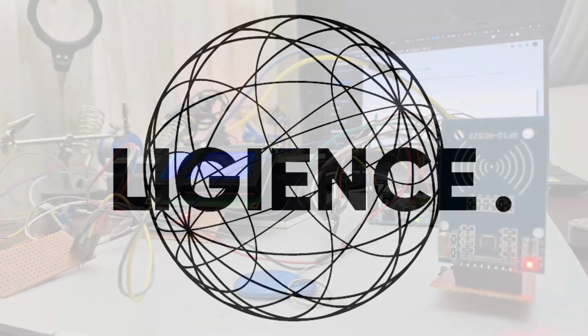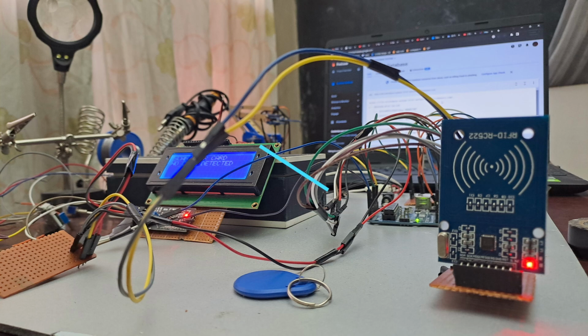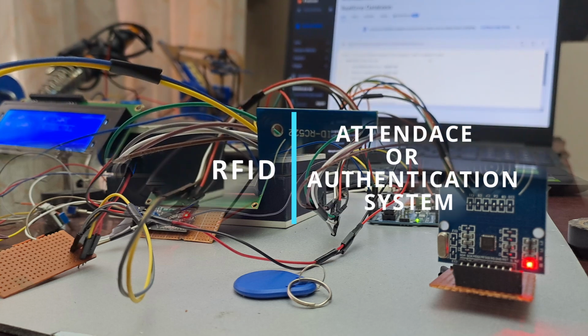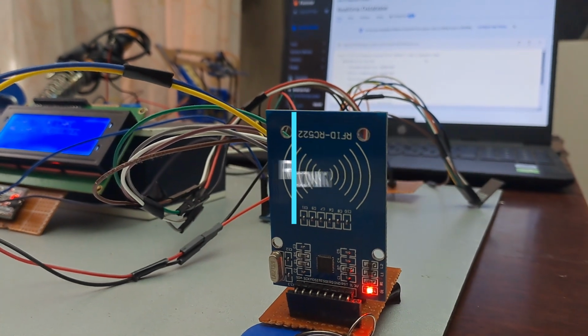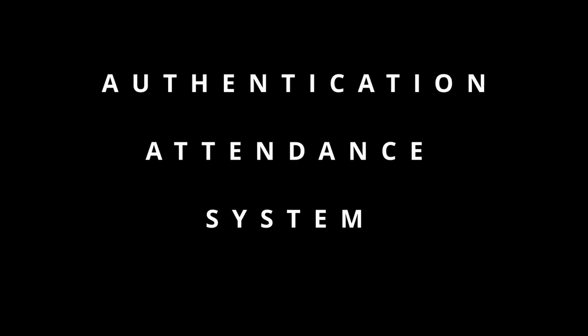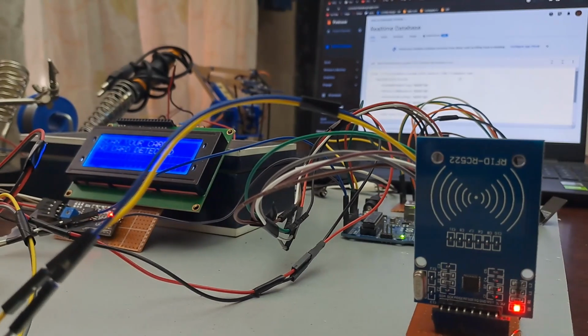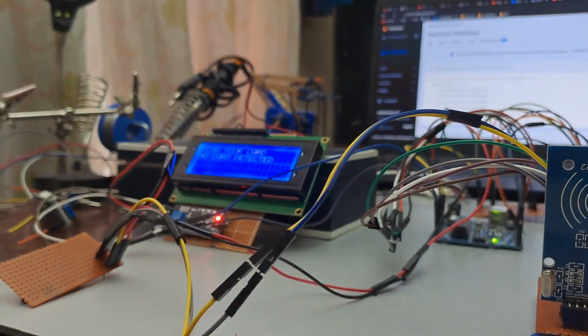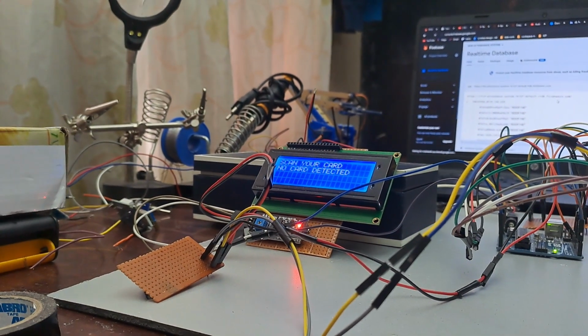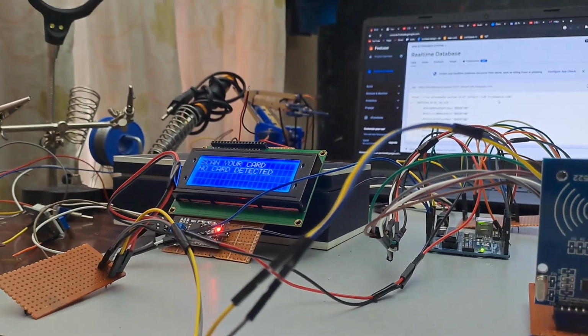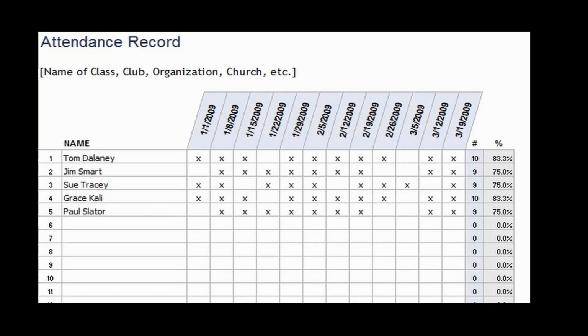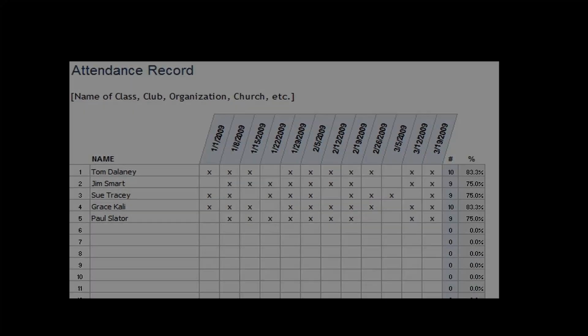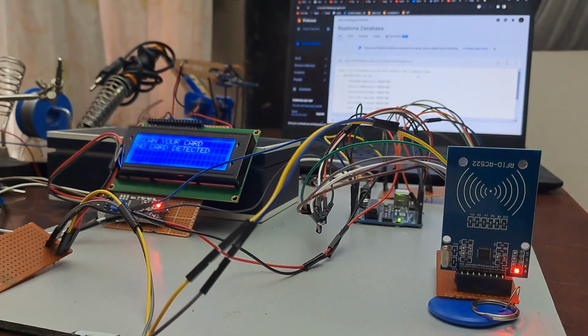In today's video we are going to be going over a project which is an RFID attendance authentication system, or attendance system, or authentication system, or authentication attendance system, whichever way you'd like to put it. But this is a system that enables you, mostly we are going to be going over the lecturer based setting. So it's going to be used in a university setting for those who have students that want to take attendance for their lecture. So this fits for final year projects for students or just as a really good project that